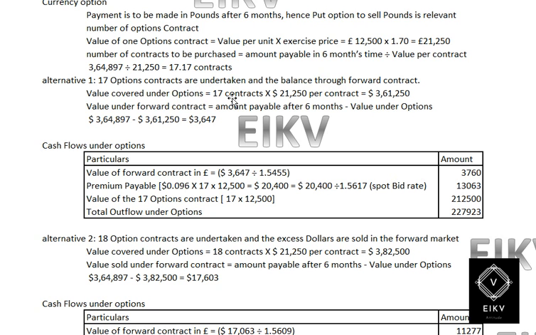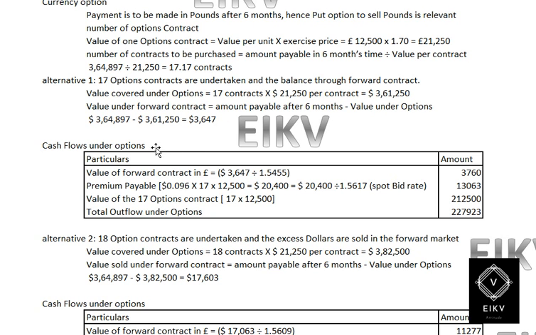The value covered under option would be 17 contracts multiplied by 21,250 per contract, which gives you 3,61,250. The value under forward contract, which equals the amount payable after 6 months minus value under option contract, will be 3,64,897 minus 3,61,250, which gives you a difference of